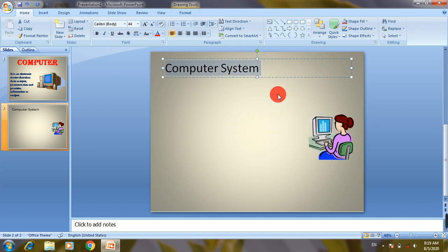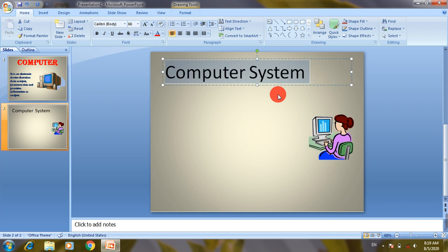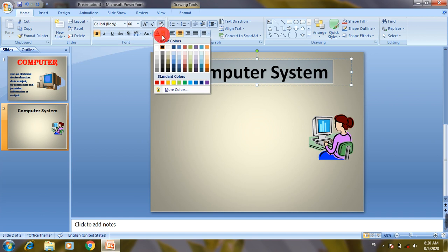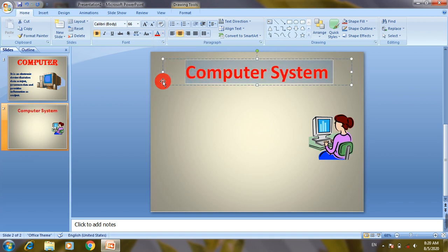So this is my title of this slide, and I'm going to make it bold and change the color of the title. So you can choose any color of your choice. I'm going to make this red.